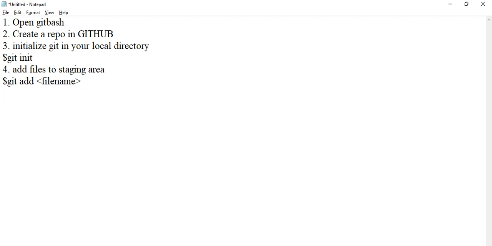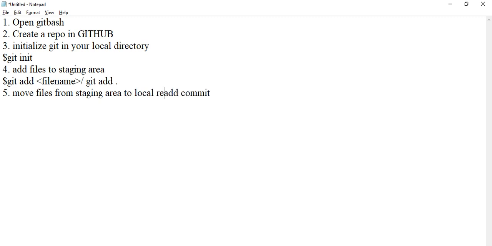If we have multiple files here, using git add dot, we can add all files at a time. So after this one, we need to move our staging files to local repository using git commit. Move files from staging area, also called as index.